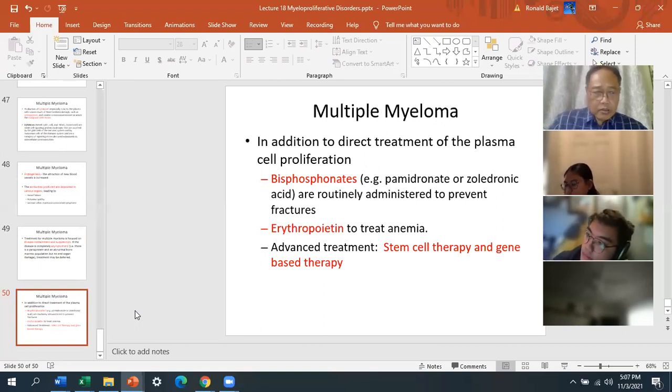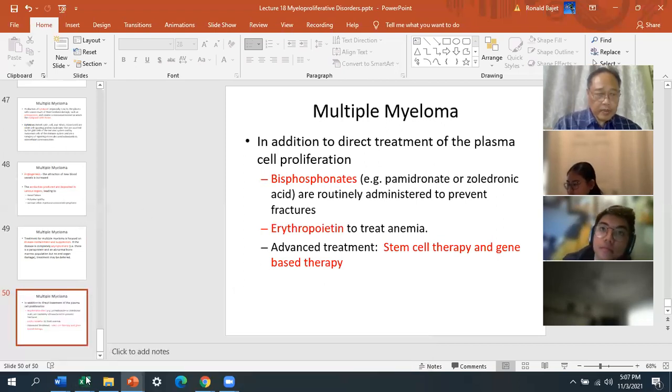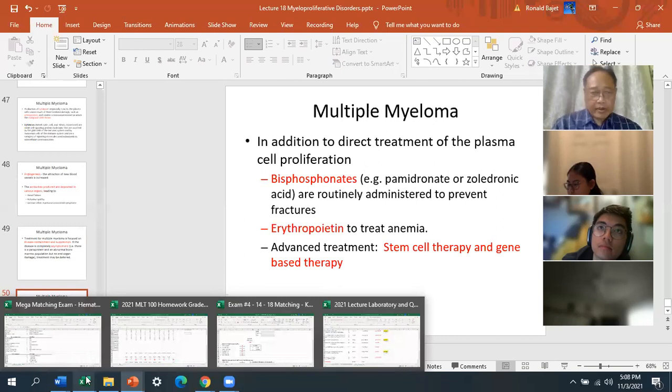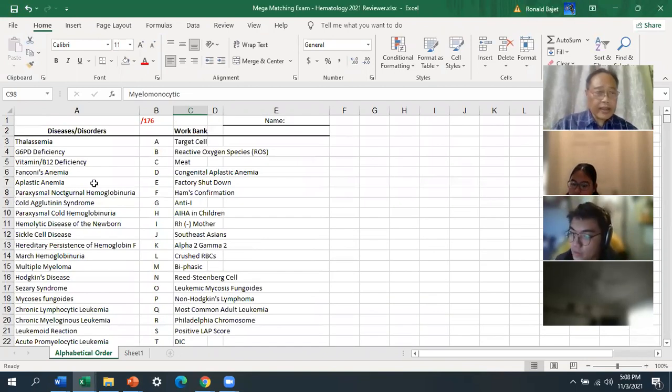So let me show you first the mega matching exercise that I'm going to give you guys. I'm going to send this to you, but this is what I want you to do: on the column on the left,